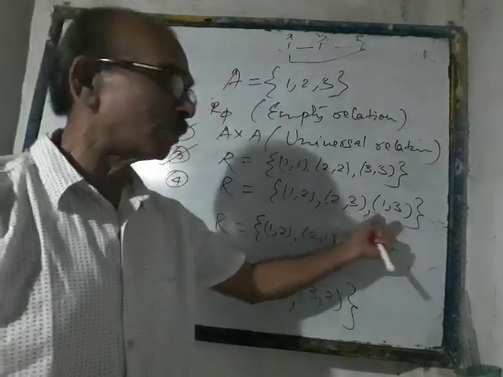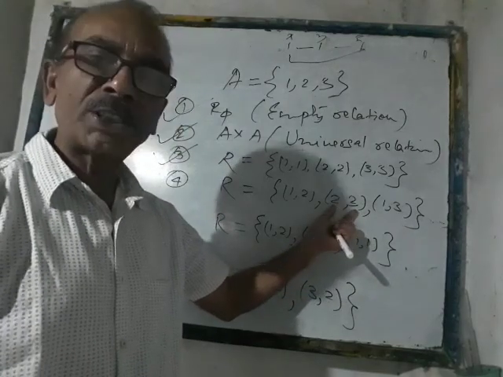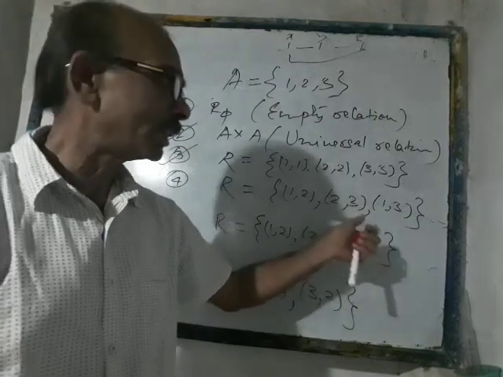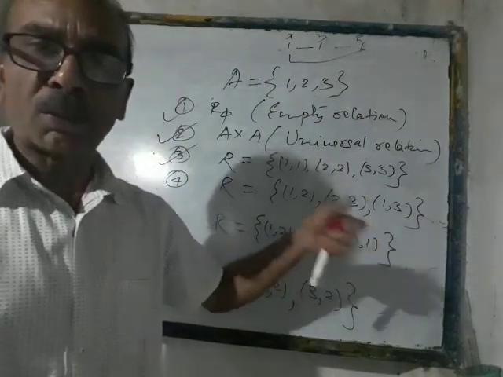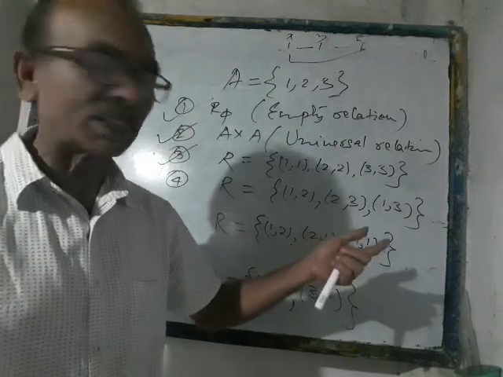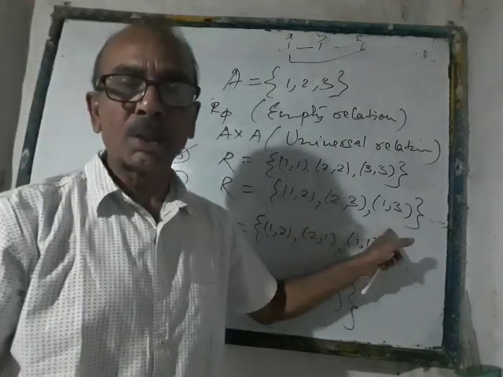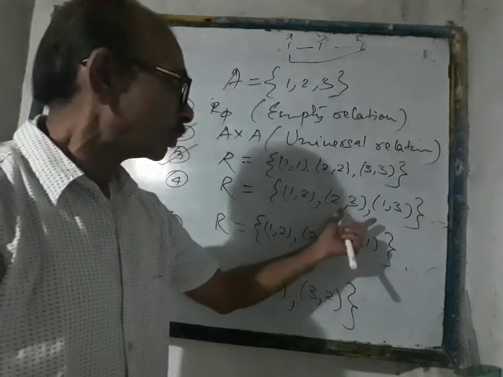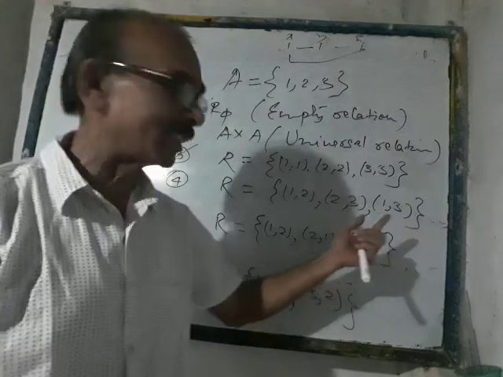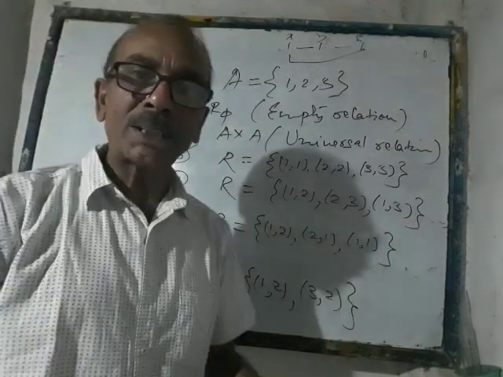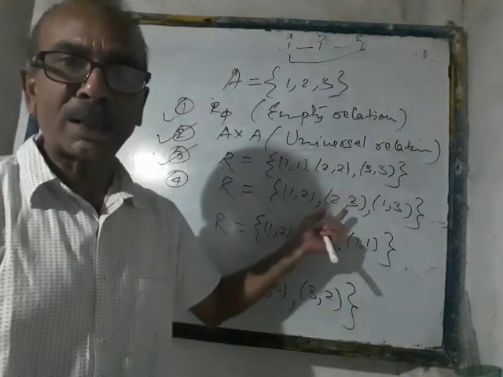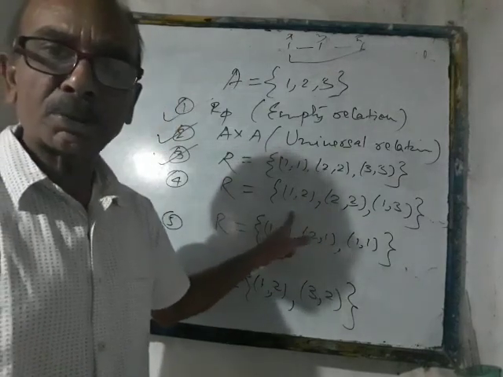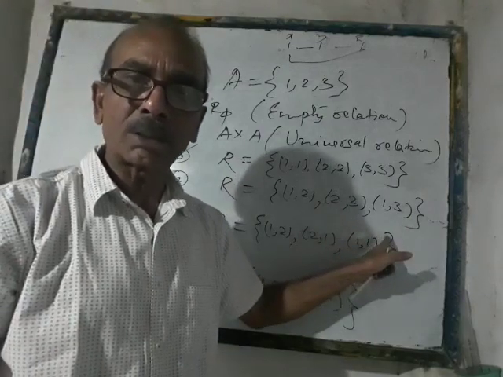So far as 2, 3 and 1, 3 are concerned, 2 comma 3 is there. That means this pair is ending with 3, but no pair is starting with 3. That's why we are not concerned about looking for A and C, that means the first and the last one. Again, the same argument for 1 comma 3. No pair is starting with 3, so nothing for that. So for these two cases, transitivity is not contradicted. Only one case was there where you could have contradicted the transitivity, and that is also not so over here. So this is transitive. Got it? 1 comma 2 is there, 2 comma 3 is there, and 1 comma 3 is also there.